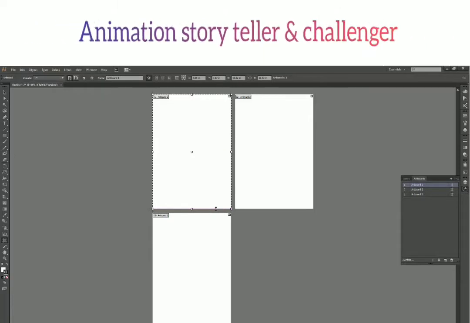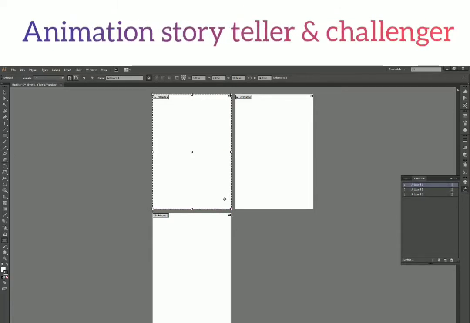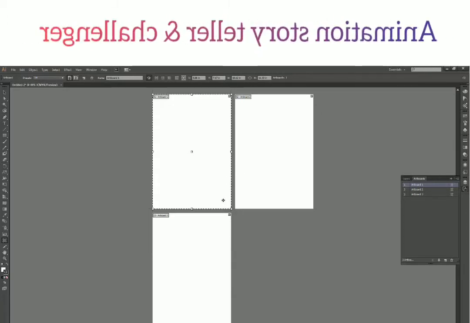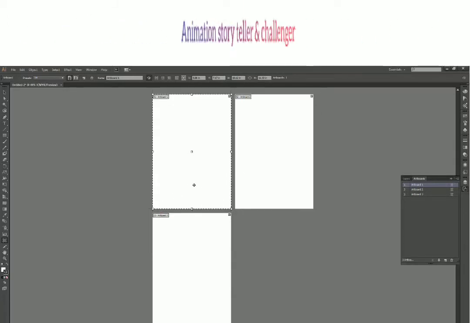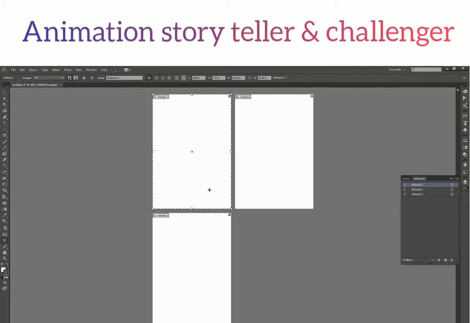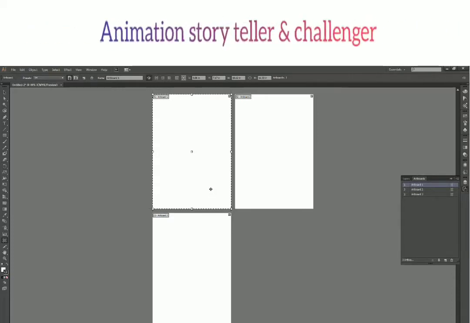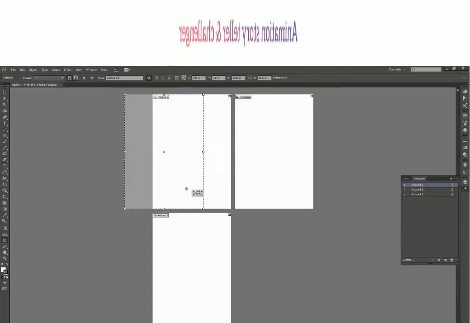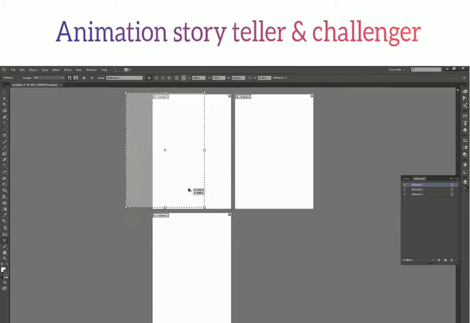Since we are talking about repositioning, there is an additional advantage that we get with repositioning. So let us see. While moving your artboard, let's say you just clicked here, and while moving it, if you press Alt on your keyboard, you can notice a difference.